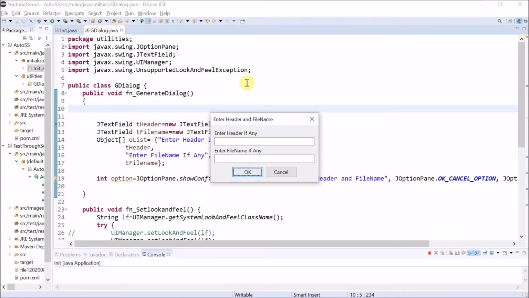In the last video, we discussed how to set the look and feel of the dialog box. You can click on the I button to refer to the last video. Alright, now if you observe one thing, this dialog box is coming at the center of the screen, and